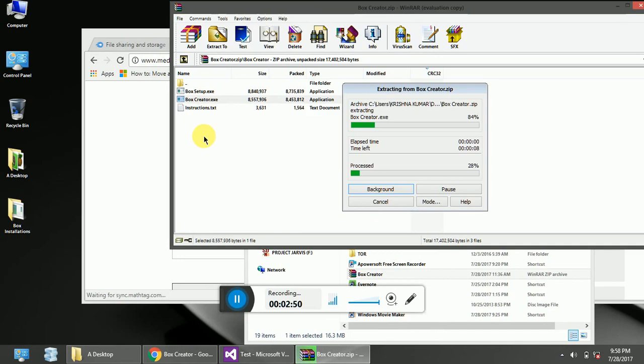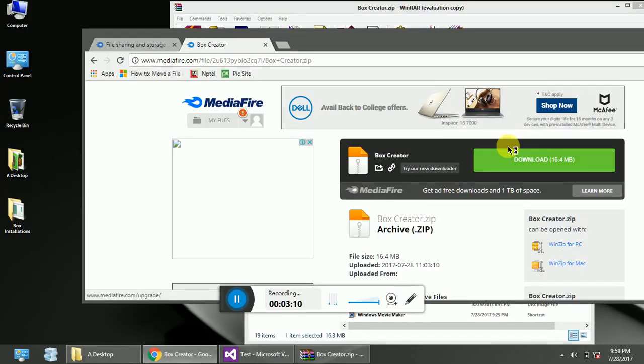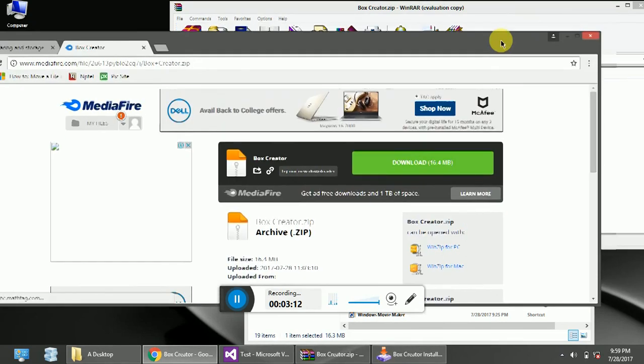This is basically a setup that will install the box creator program. Box cannot be used directly, because it is not one box, but there will be multiple boxes which you have to work with. I'll be showing you how this works. At first it may seem a little bit confusing, but later on it will become simple. One thing to remember in this